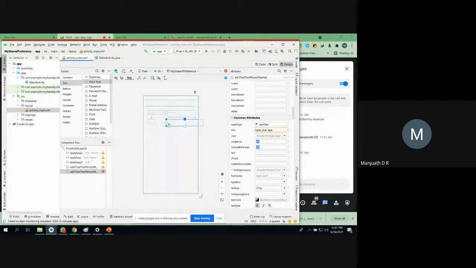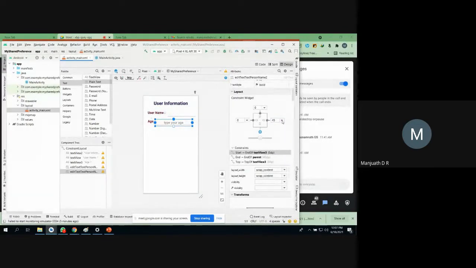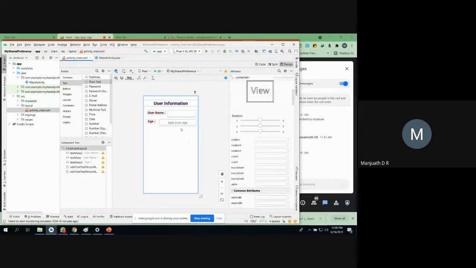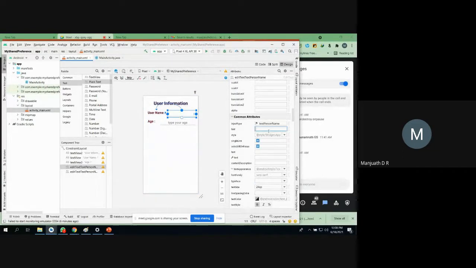Constraint is with respect to the age text field. Do some modification. Give some hint or something like that. 8 or 16. Here it is 0 only. Here I'm going to give 16. You can go with 32 also. That's good. Better you go with match constraints. That's fine with respect to both the fields. I think the hint is missed here. My hint is, enter your name, right? Okay, that's all.